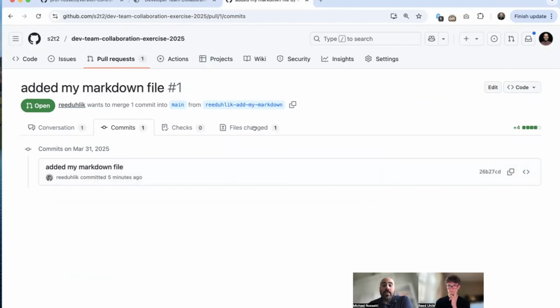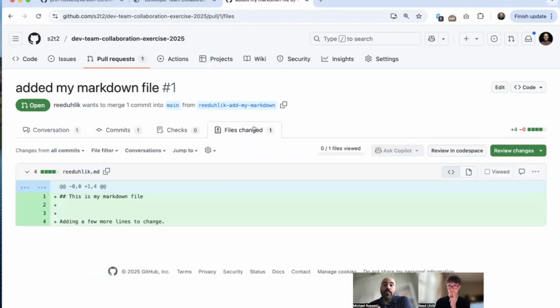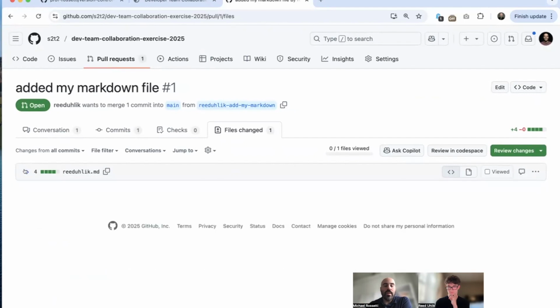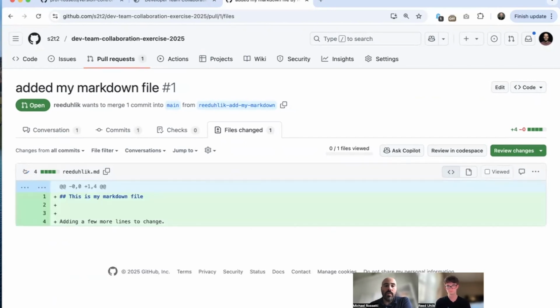Finally, the Files Changed tab will allow me to actually view the files that have been changed. And so if there's many files that have been changed, they would all show up here. You have the option to toggle them in case you have dozens of files. You might want to toggle them and only look at one at a time. Here I see one file has been created. It's a markdown file. It looks like some markdown. Okay, cool. This code looks good to me,